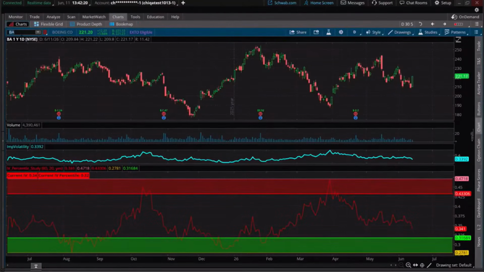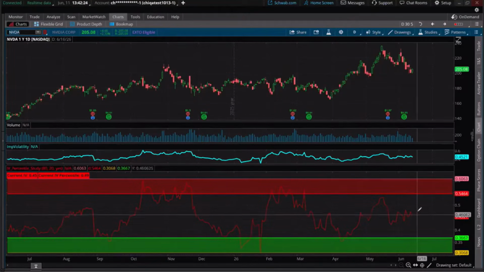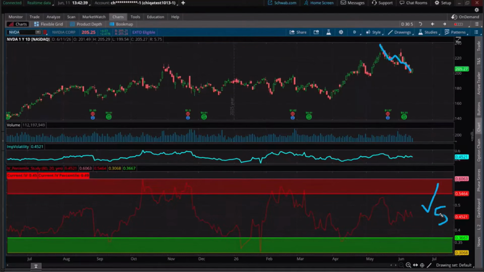It's showing, because NVIDIA does make the list, that we broke up above the 50% level within the last 3 days. Do you see why we might have been able to do that? What is this spotting for us? Not only is it spotting potential pullback, it's giving us that confirmation that we broke above the 50% of its own range with the potential to maybe even go higher. That's the spike up right here.